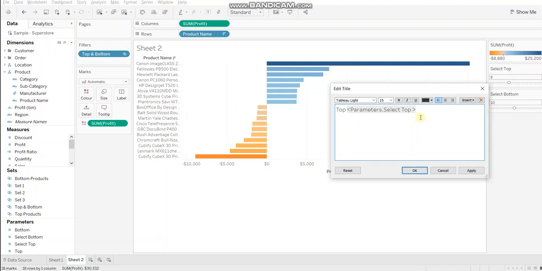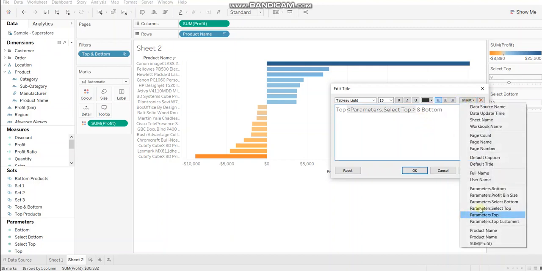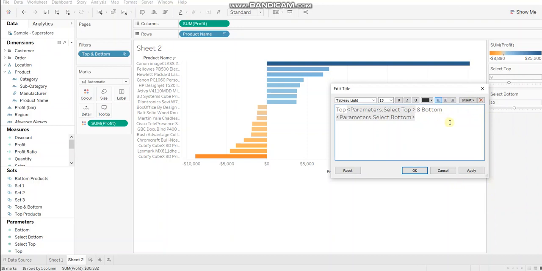This will insert the parameter value which is selected presently. So top and bottom, again insert the bottom parameter, products by profit. Click OK.